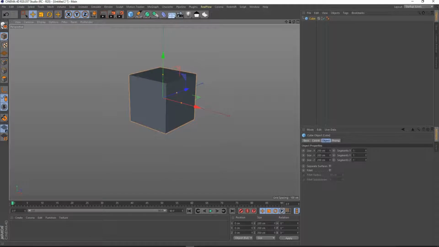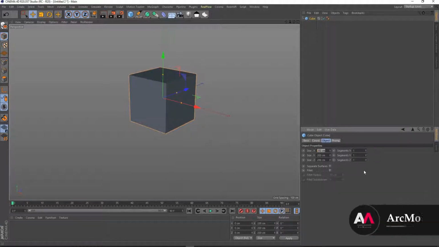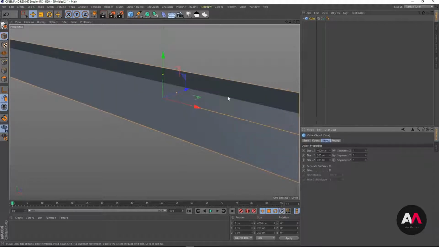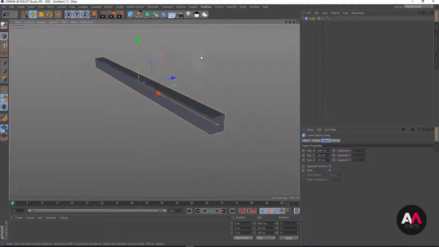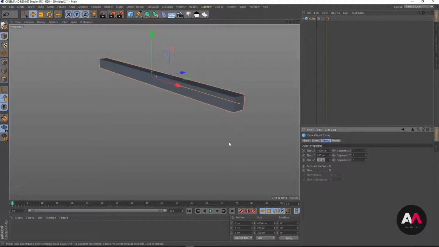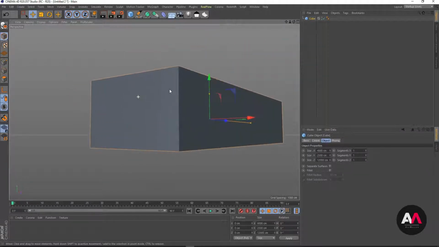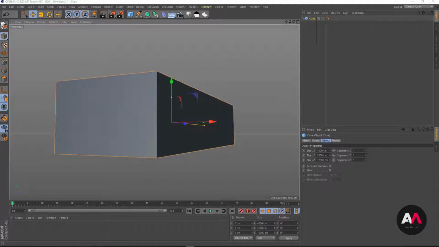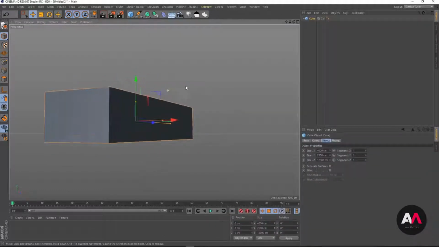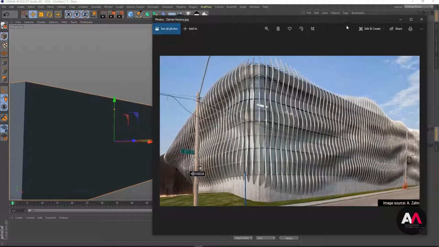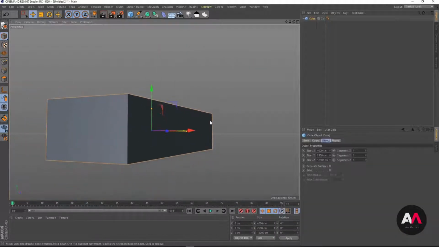For the size, I don't have the exact size of the building, but I can assume it should be something like 4,000. Oh, it's maybe too much. No, it's okay. And in the z-axis, I think 12,000. And the height, I'm going to use 2050. So it should approximately be the size of the building, as we have here. Okay. Now for the segments,